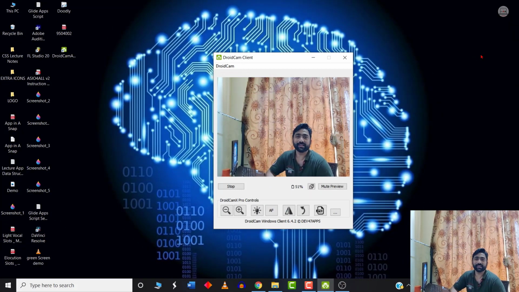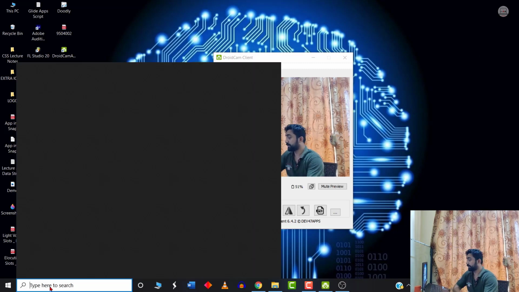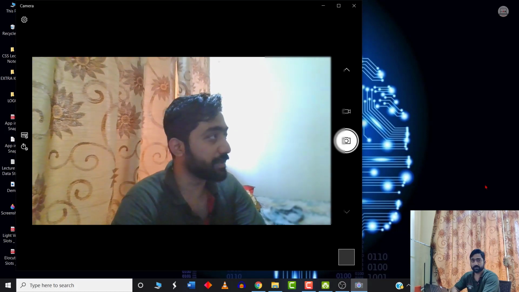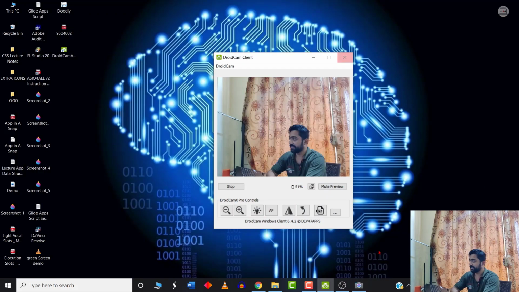So I hope you got the understanding of how to connect your mobile phone and use it as a webcam on your laptop. Well, the output you see is strikingly different. If I use my webcam, then this is how the feed will look like, as you can see. Similarly, if I use my mobile phone as a webcam, this is how it will look. Isn't it cool? So from now onwards, I guess for recording any videos or any lecture videos or any other explainer videos, you would be using a mobile phone as the standard webcam and not the one which comes along with your laptop.